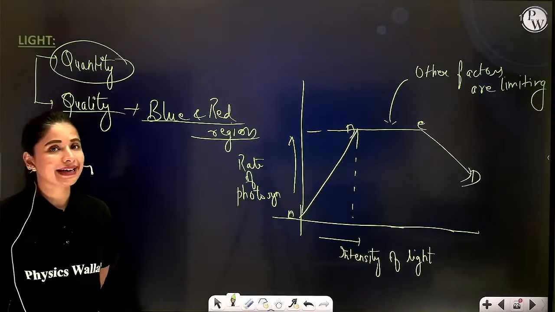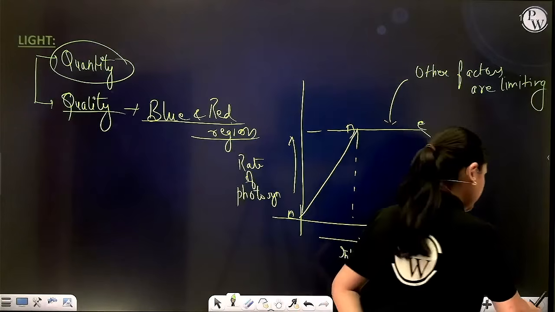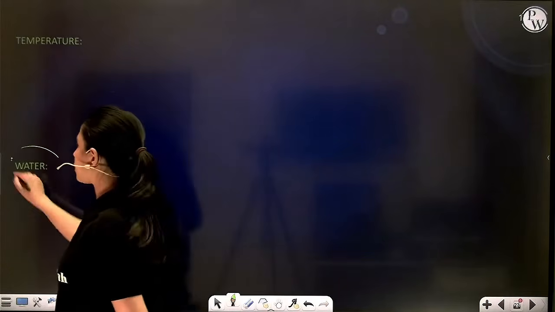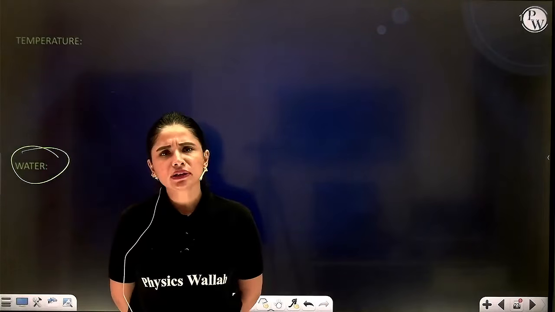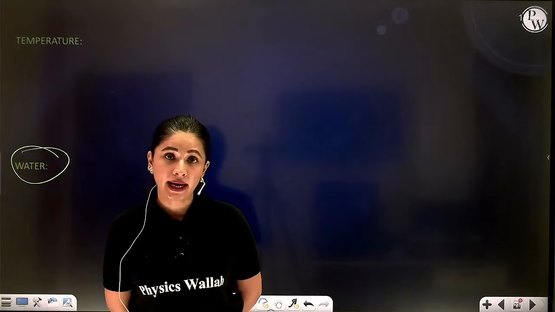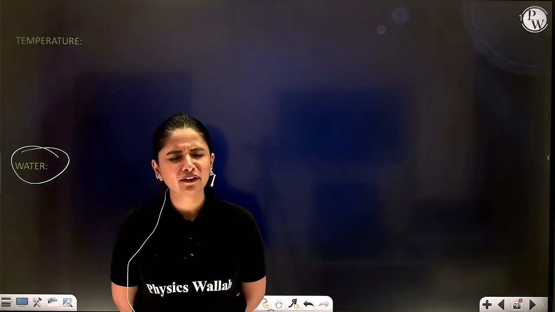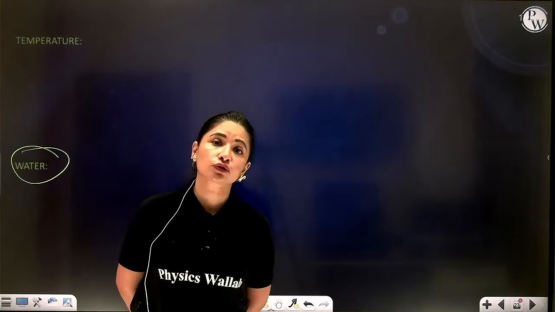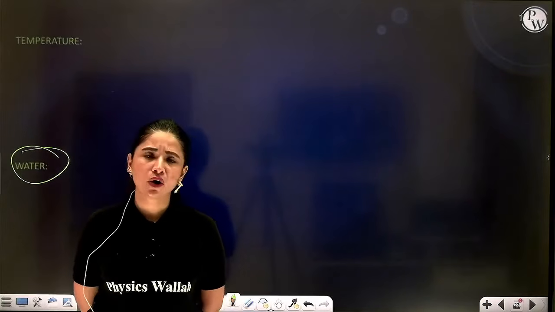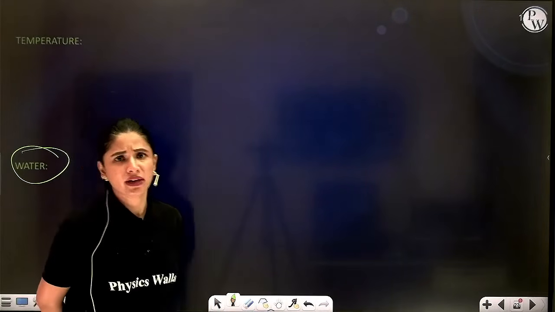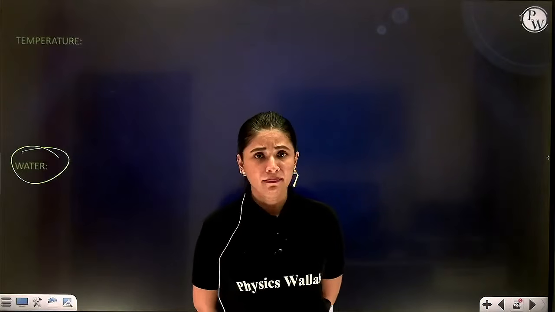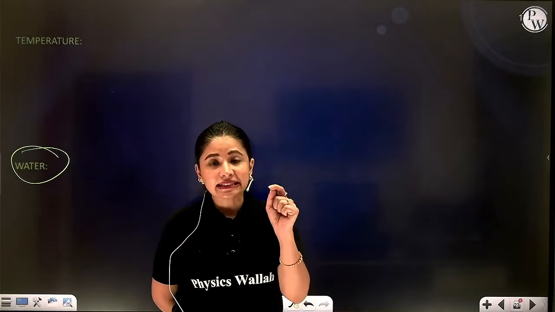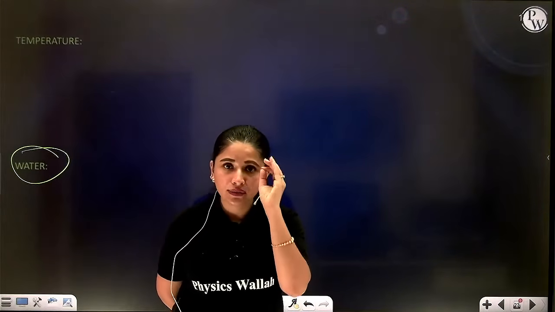I hope light as an external parameter is also clear. Moving ahead, very simple: temperature and water. First I'll talk about water. Usually water is not a limiting factor. Why? Because plants require very little, even less than 1% of the total amount of absorbed water, for photosynthesis. Whatever the condition, maybe availability of water is poor in the soil, maybe plants are not able to transpire, but at least less than 1% of water will always be available